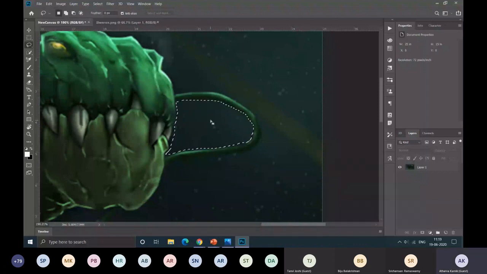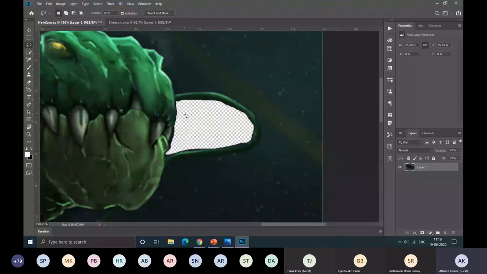Notice that if I click delete now, nothing will happen. But I have to select this layer first, as I have to delete this selection from this layer. So this works as a reference. So now if I press delete, the area is deleted and I deselect it. Note that although most of the background has been cleared, it is not very efficient, as some part is remaining here, here, and all that.